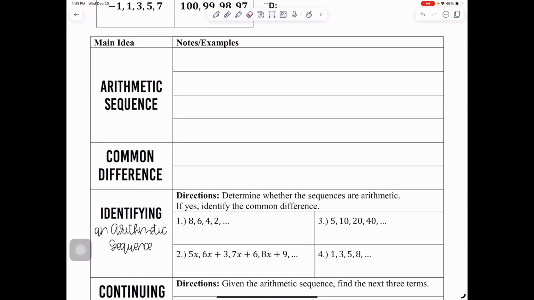Now that you've looked at the list of numbers that you had from your opening little activity, we are going to now actually define arithmetic sequence. And that's what we're going to be working with in this chapter. So we'll start with a definition. An arithmetic sequence is a sequence, which you saw from up above as a list of numbers, where you add or subtract. So it's always going to be an adding or subtracting pattern. So a sequence where you add or subtract the same value